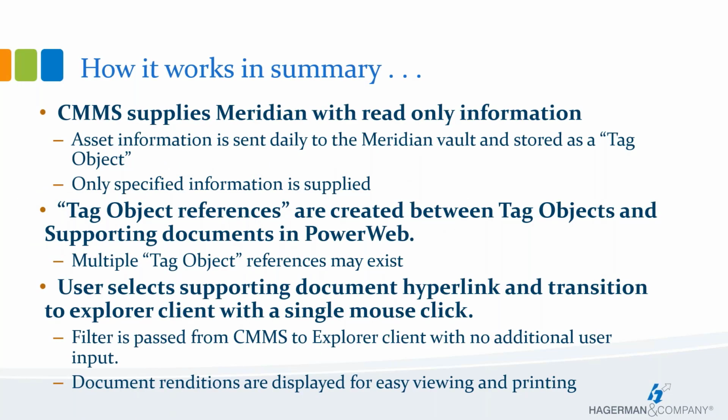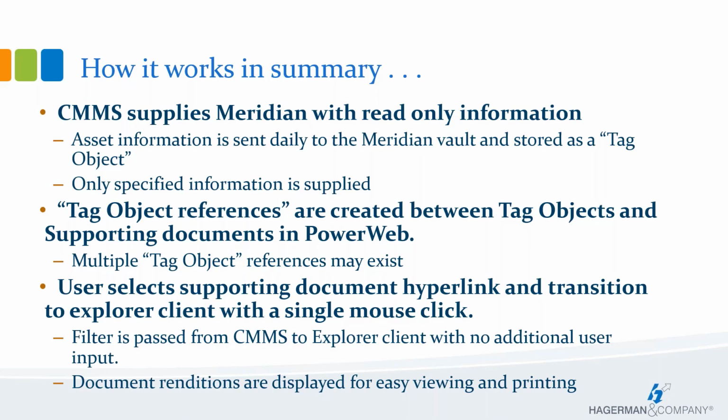So in summary, the way that this works is the CMMS supplies information to Meridian in a read-only format. The asset information is sent daily to the Meridian Vault and stored as a tag object. Only specified information is supplied, so you're not going to have thousands of rows of information about this. You're going to have select dedicated specific information for your assets, and it's stored in Meridian as a read-only object